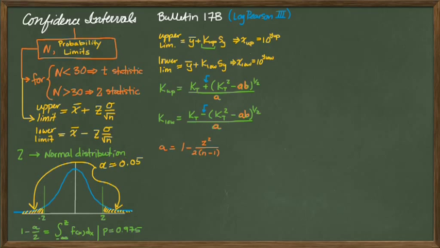In this case, A is just this quantity, 1 minus z squared over 2 times the quantity n minus 1. And B is the k statistic squared minus the z statistic squared over n. So as you can see, this confidence interval in its basic form is essentially a function of the number of observations and the probability we're dealing with, or the z statistic, just like the other one, but we're looking at it a little differently because we have a different probability distribution we're working with here. That z value, like I said, is the z statistic that we're working with.